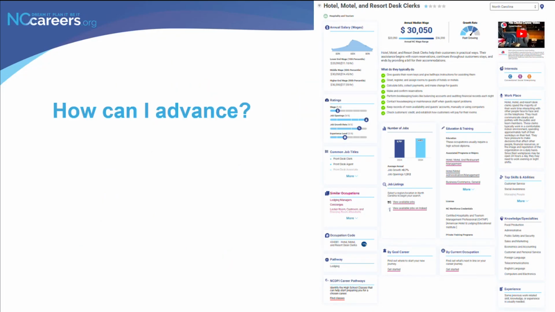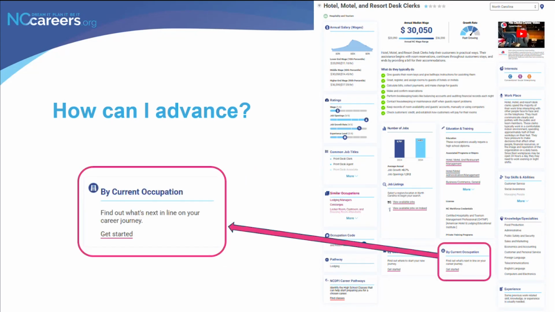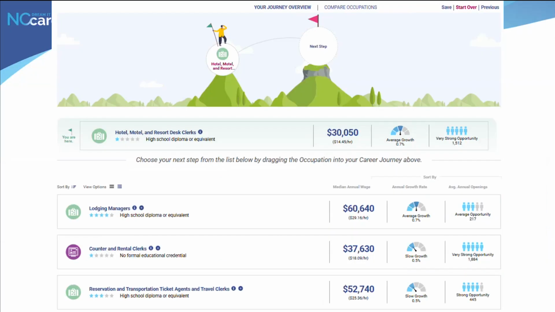So now that he's decided, okay, I'm ready to advance, I want to see what could be a good next step. He can then go to the occupation profile and go to the current occupation block to launch the Career Journey Builder. So once he clicks on Get Started, we're automatically taken to the Career Journey Builder and we're starting to map out a career pathway.